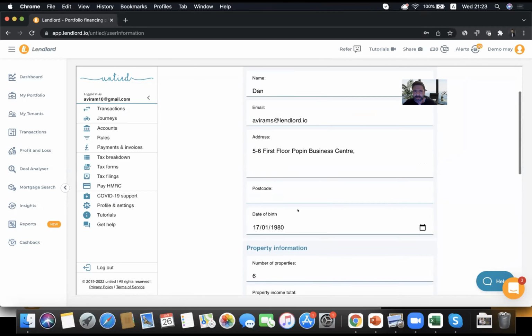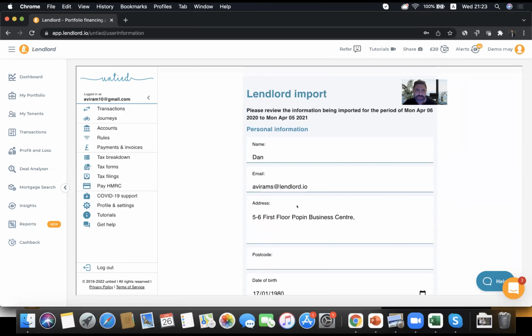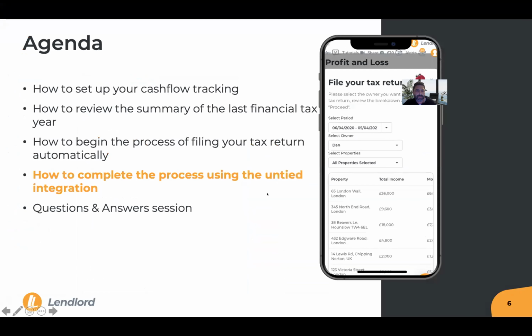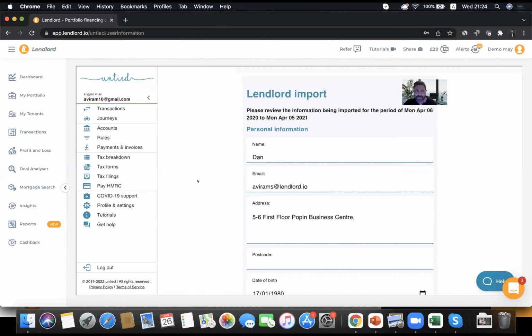And then I will now pass the demo to Kevin to show you how you can complete the process and file your tax return to the HMRC using Untied integration. Kevin, I think you will demo it not on the iframe from Lendlord, but basically it's the same. So be aware that